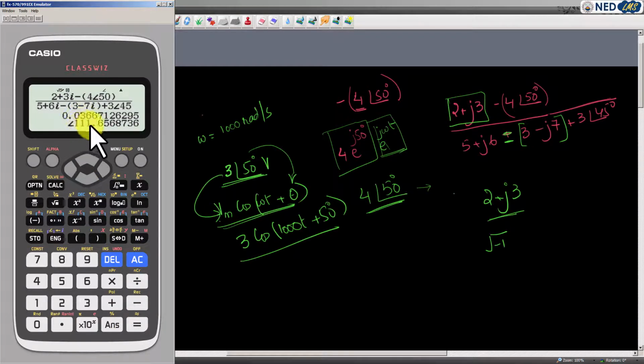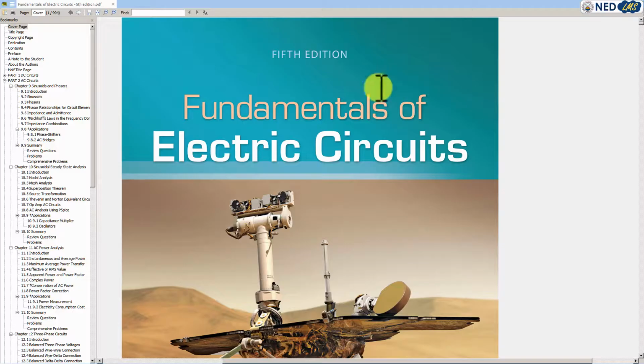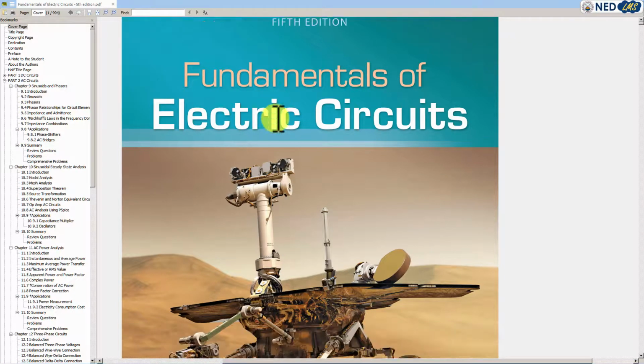0.0366 angle 111.65 degrees. If I want to convert this into rectangular form, I just select option, go down and select 2, and it says the answer in rectangular form is minus 0.0135 plus j0.0340. And after doing this practice, I want you to go to your textbook,